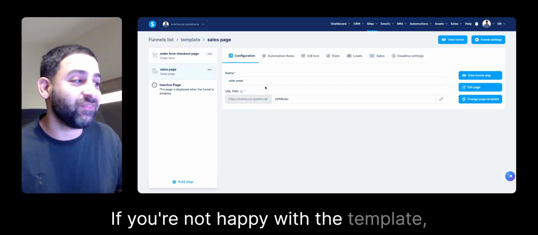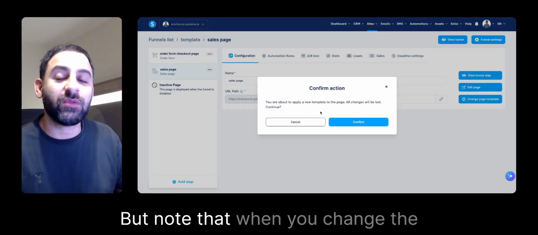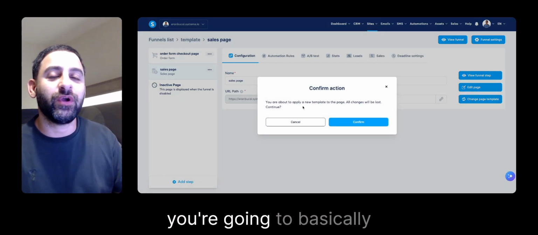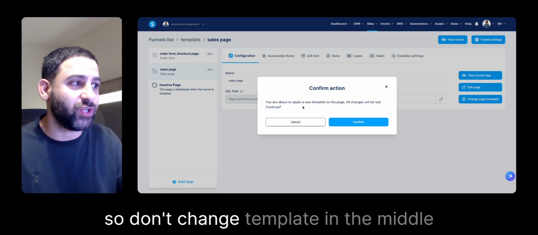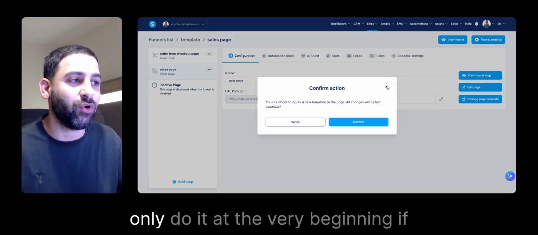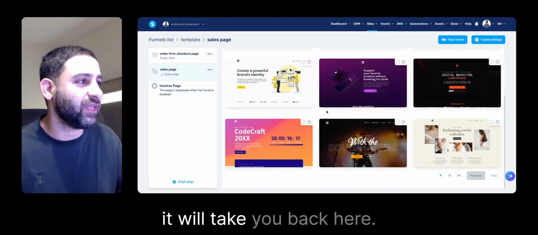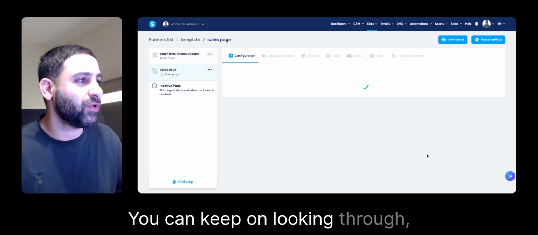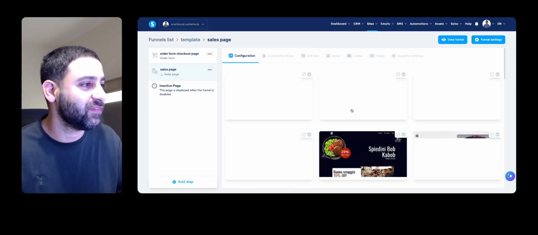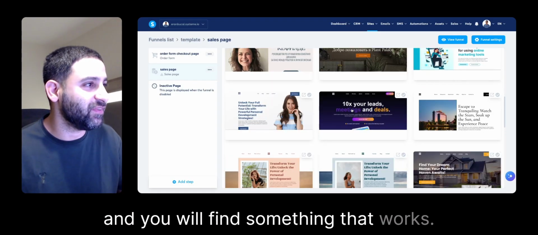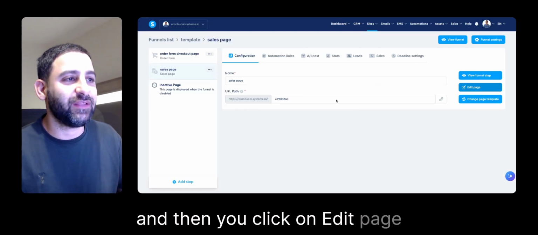If you're not happy with the template, then you can just click on change page template. But note that when you change the template, you're going to basically delete everything that you've already worked on. So don't change the template in the middle of a project, only do it at the very beginning if you're not happy with it. So when you click on confirm, it will take you back here. You can keep on looking through, scrolling through all the pages, click on next, and you will find something that works. So let's say we pick this one, and then you click on edit page,